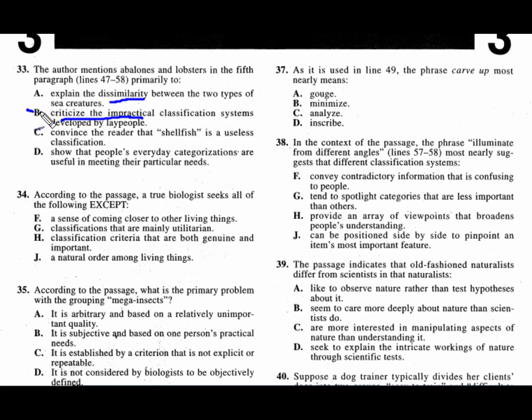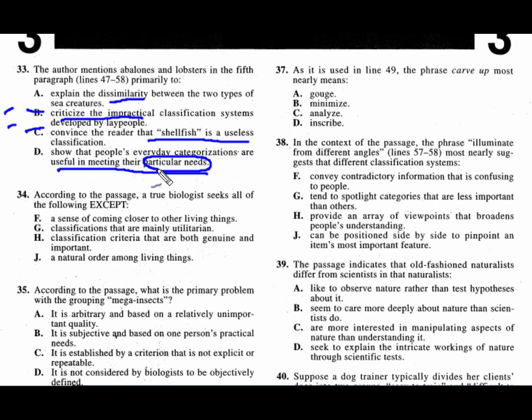Criticize, impractical. That's out. Okay. Convince the reader that selfish is a useful classification. That's negative. Negative, negative. And show people everyday categorizing are useful in their needs. Okay, so we got out 2 of them right away because of the good stinky rule. So is this dissimilar or is it practical? All right,